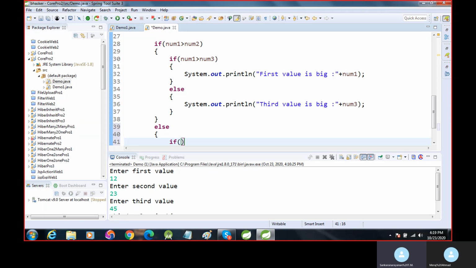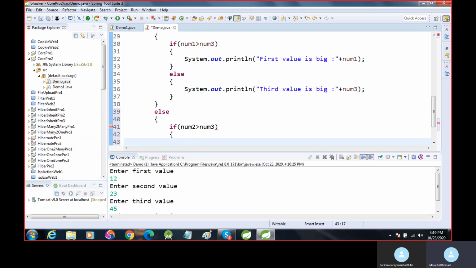If num2 is greater than num3, then num2.